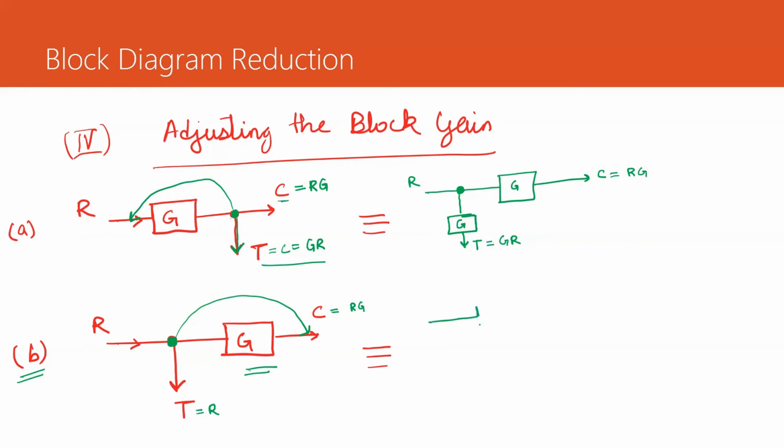So what I have to do? I simply provide one gain block which is nothing but an inverse of G over here. Now you can see the output is the same in both the cases. We have R into G, and again if I multiply by R over here, at that instant we have the value R into G. And when that R into G is applied to this particular block, this G and 1/G cancel and we get T equals to R. So now we have T equals to R over here and T equals to R over here.